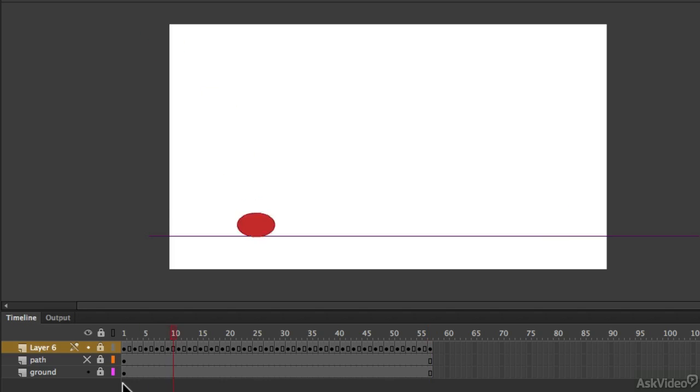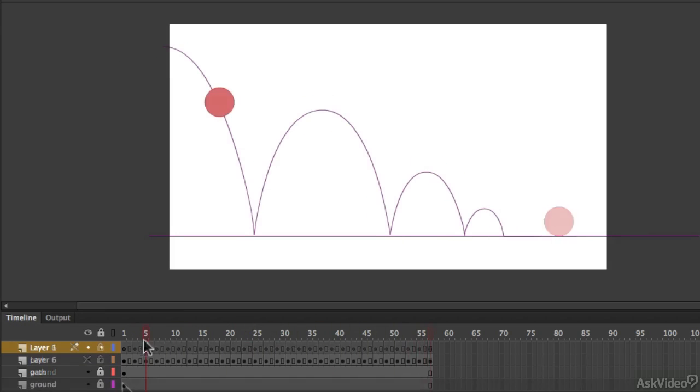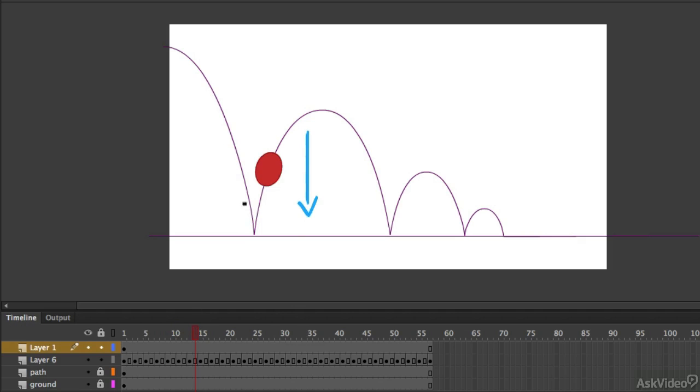In this tutorial, I want to show you how to apply weight to your animation by changing this bright and quite cartoony looking bouncing ball into something that looks a lot more solid and heavy. Earlier, I talked about how you should keep in mind that weight can be depicted by simply depicting opposing forces. So in this case, what I want to show is that gravity is a stronger force than the upward bounce